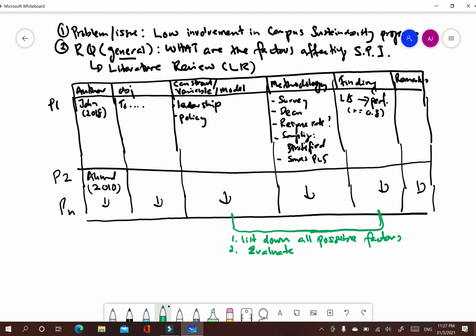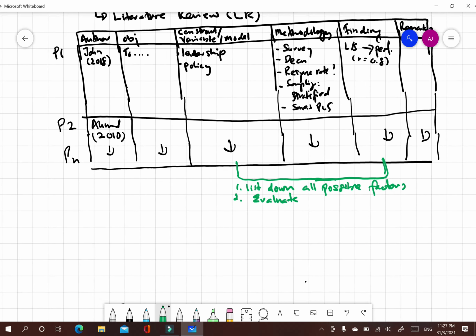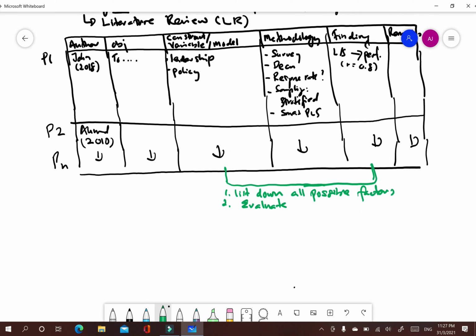Okay, so after you have listed, what you need to do is evaluate the factors. For example, based on all these papers that you have read, you can categorize them. Basically, the factors can be categorized into two, for example, organizational factors and also individual factors.